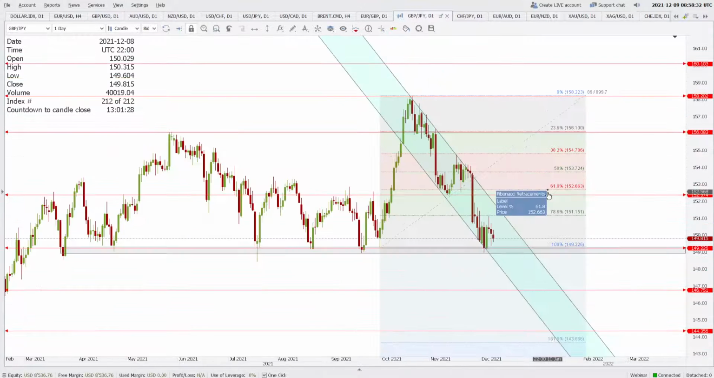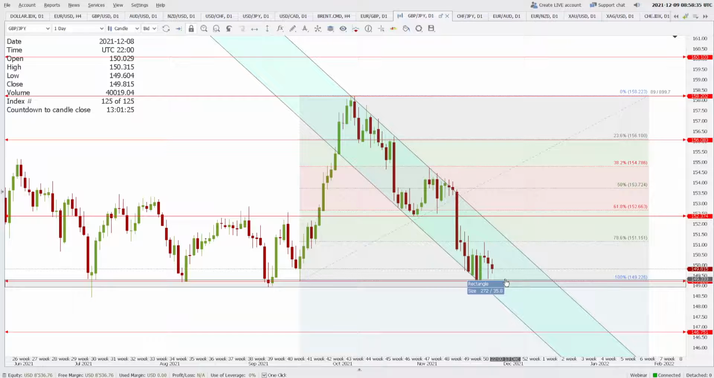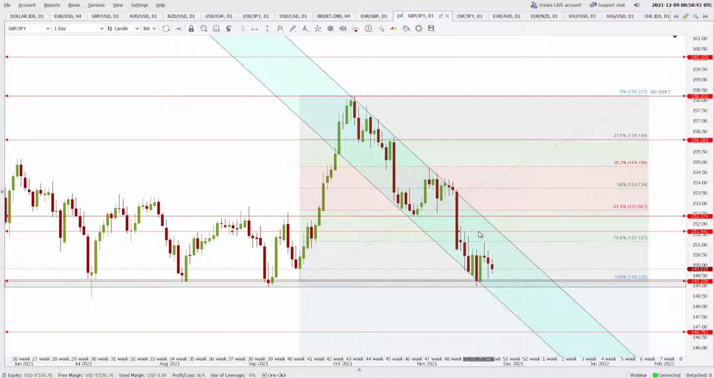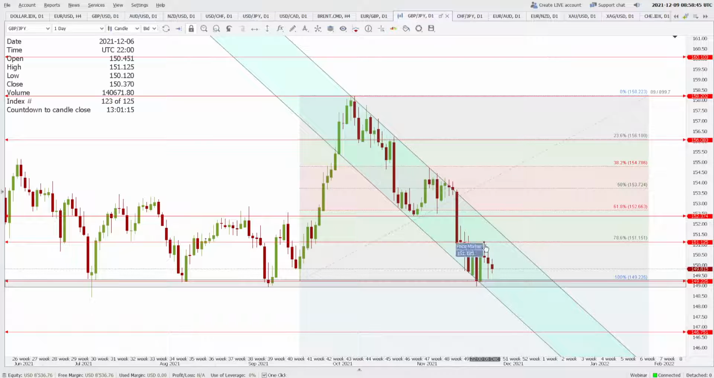So where is the support? 149.22 is the support now, and resistance is at 152.37. And if you just cater for this high here, which the price made the day before yesterday, then the next resistance is at